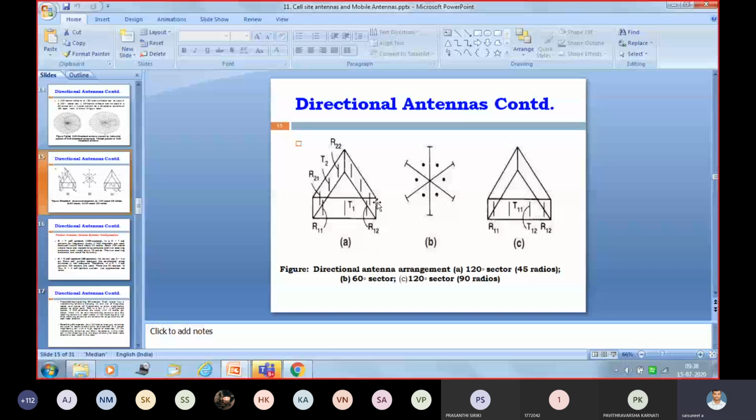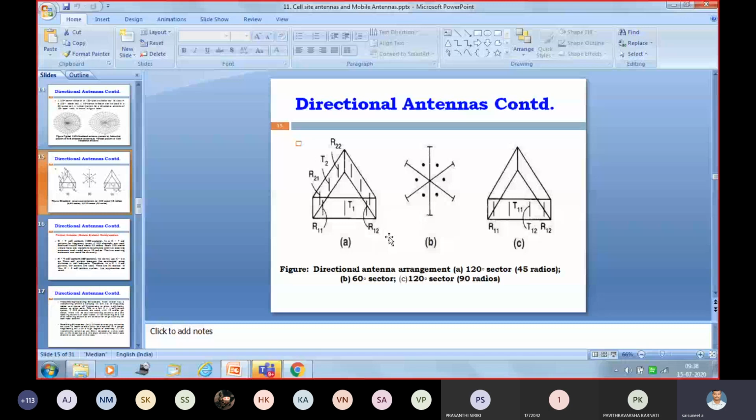Right. Suppose I have to go for the abnormal condition. The second figure shows 60-degree sectoring, which divides the hexagon into 6 parts: nothing but 6 transmitting antennas and 12 receiving antennas. Now, what is an abnormal condition? When the number of subscribers increases, we have to increase the number of transmitting antennas.